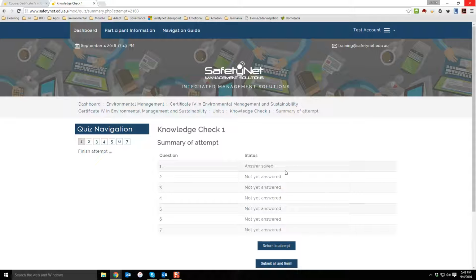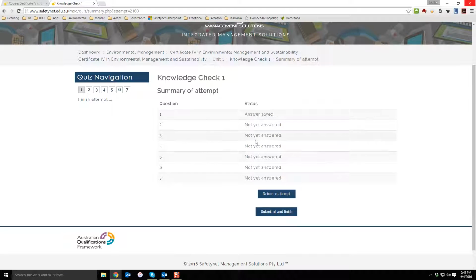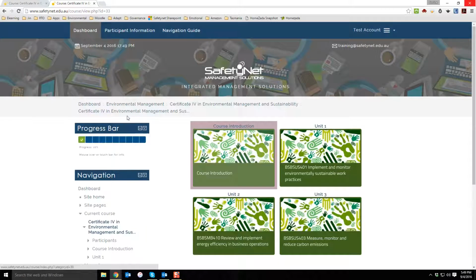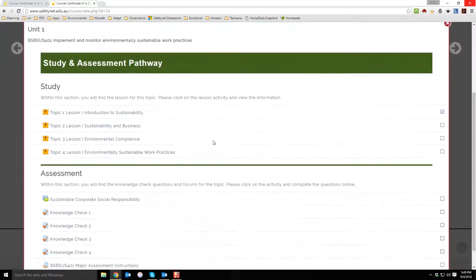your answers. Once you have done all of your questions, you would then click on submit all and finish, and that will then get sent through to your assessor for marking. Your assessor will mark your questions within 2 weeks, usually within the first week, but as a maximum we say within 2 weeks. So I'm going to go back through to my main course content, and I'm going to now